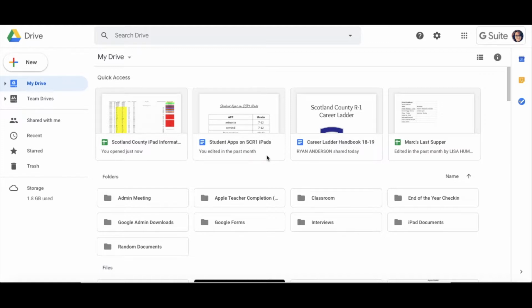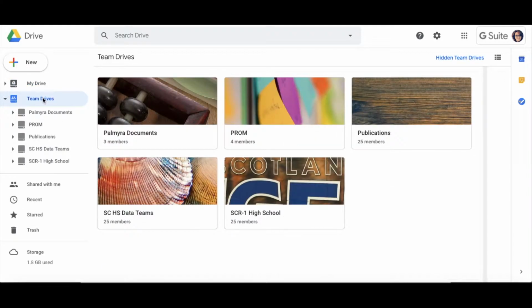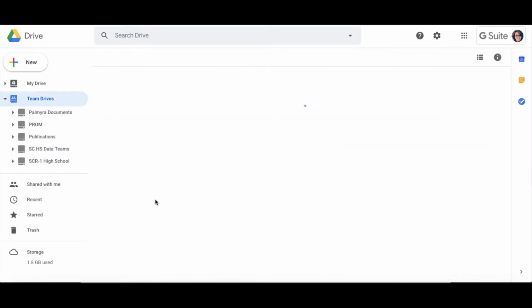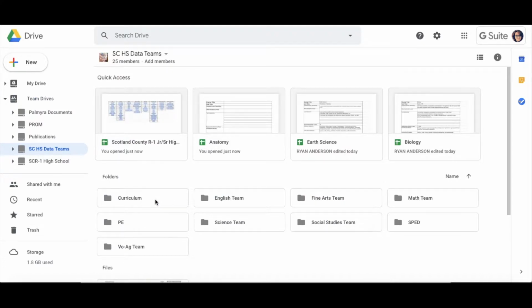First off, you need to be in your Google Drive, and the first place you need to go is Team Drive. So here on the left, we click on Team Drive, and we go to our High School Data Teams folder. Now, once you have opened up your recent curriculum, it'll be up here at the top, but right now